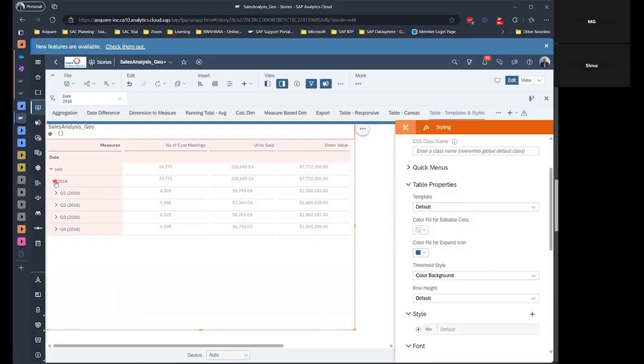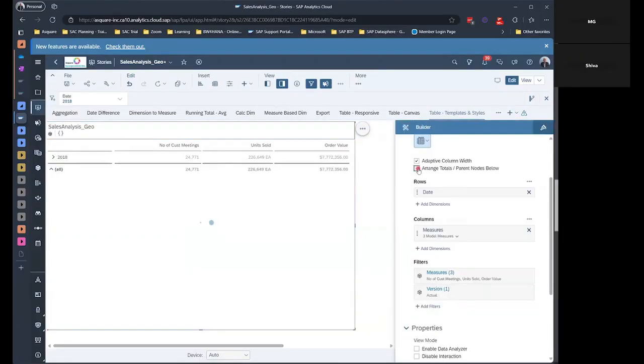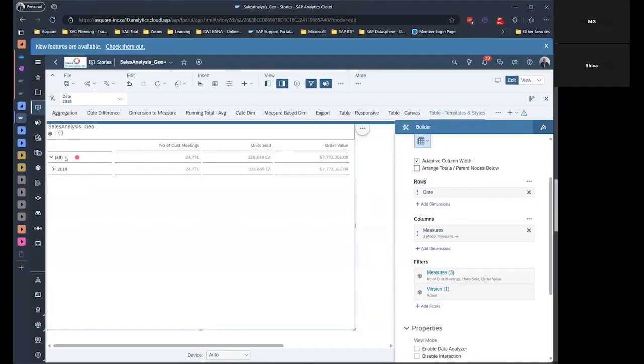Now you see the format is slightly different. How? First of all, the underlines have come. In the default, if you see, if I go back to default, this is a lighter shade of underlines. It's not a bolder shade of underlines here in the data. Now, if I go to my report styling, then this is also now a bolder shade of underline. And if I highlight this, you see this became bold and the values all okay. And then, okay, first of all, I will enable the arrange totals again to below and to the top. Yeah. So now you see we have this, then we expand